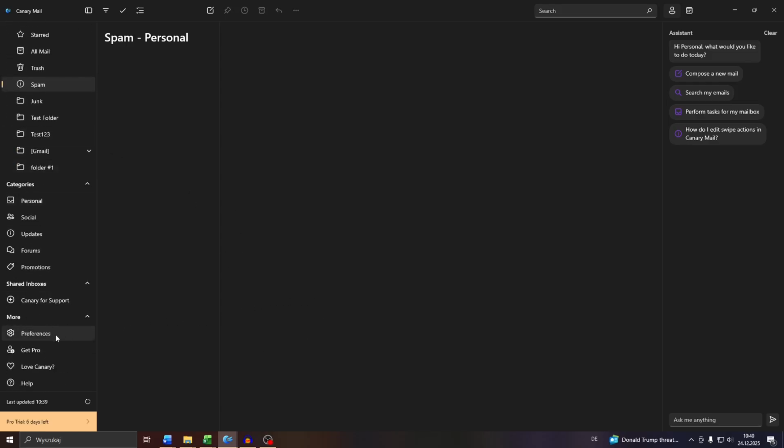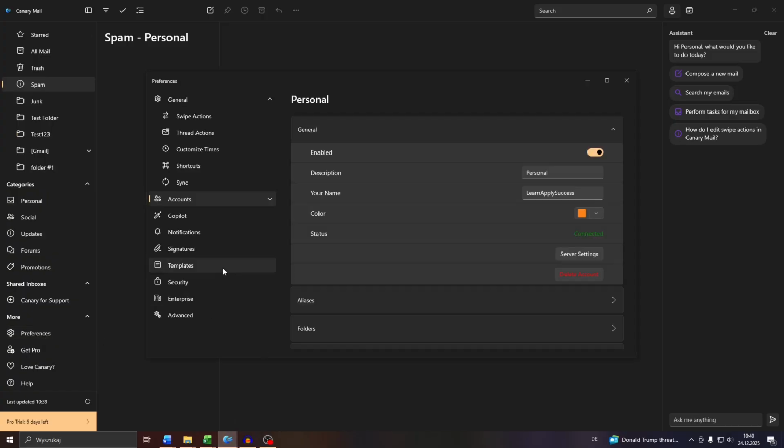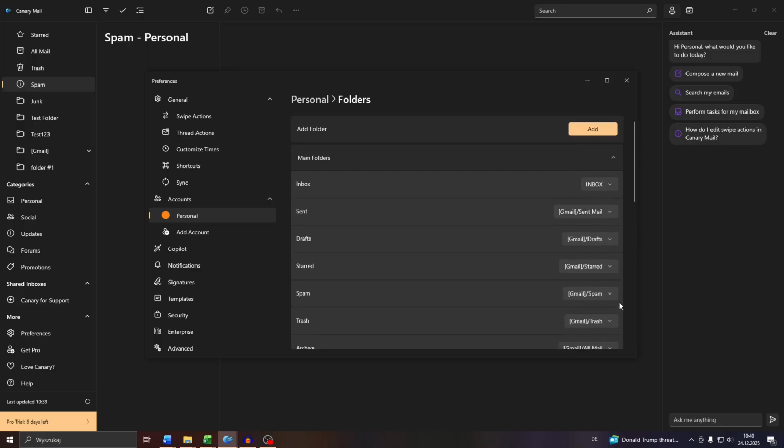To do that, navigate to preference here on the left hand side inside that list, and what you want to do next, guys, is expand the accounts tab to the left, click into personal, and here what you want to do is expand the folder section, and here you may simply click into add folder,